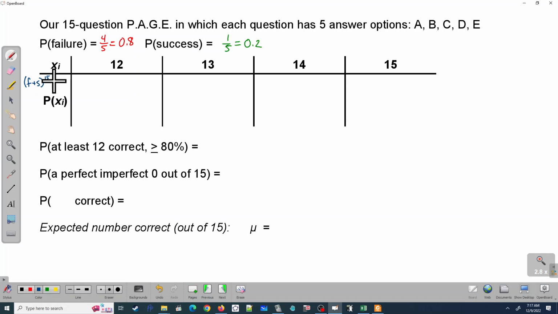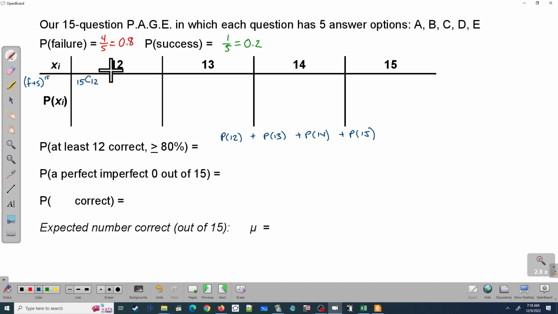That's great, but what am I really trying to accomplish? In this case, I'm trying to find, in my first problem, what's the probability of at least 12 correct? So I really just need to know what the probability of 12 is. Just really need to know what the probability of 13 is, the probability of 14, and the probability of 15. So that's why my table up here is only going to focus on those 4. And I don't need to do all that from the very beginning, because I just have to remember that